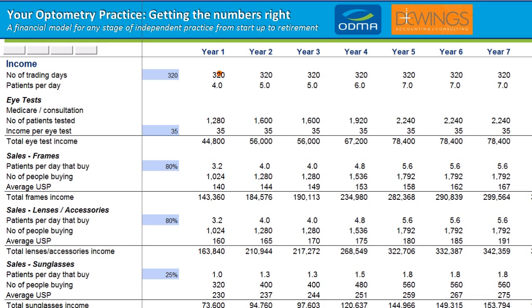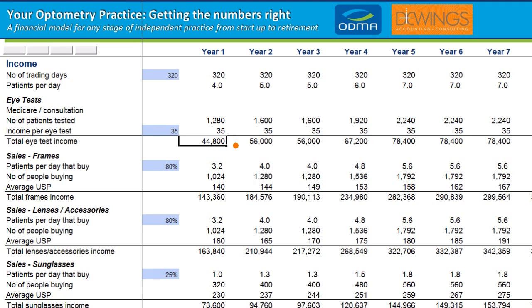And so what we've done is we've assumed that there are 320 trading days in a year. Now that can be adjusted here if you'd like to do that. For the optometrist that we're using as the example, he felt that in his first year of operations he could see, give or take, around about 4 patients on average per day. Now you might think that's a little optimistic, and that's okay. That's exactly what the model is designed to do, for you to put your numbers in here and to see what works for you. Based on an average income from eye tests of $35 per consultation, we get around $44,800